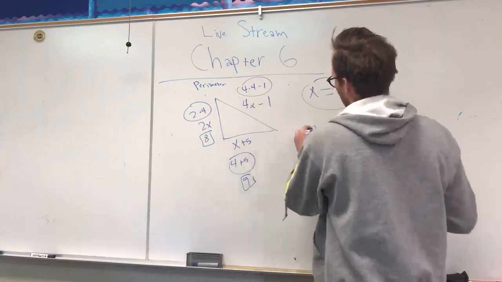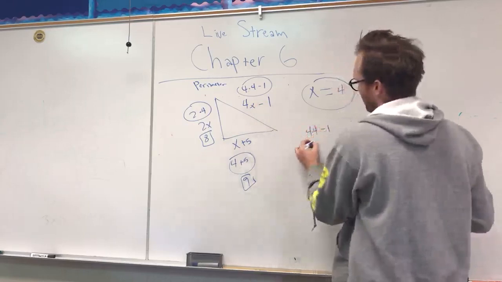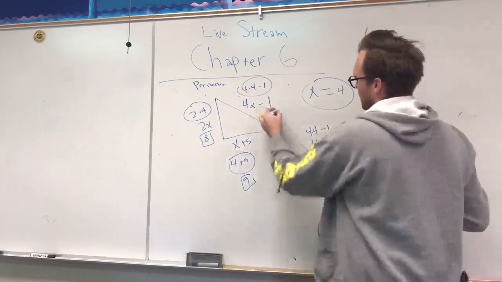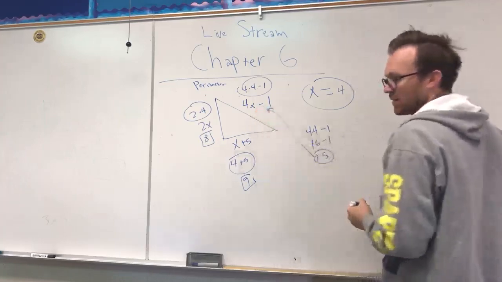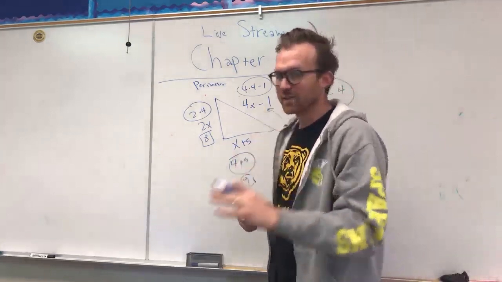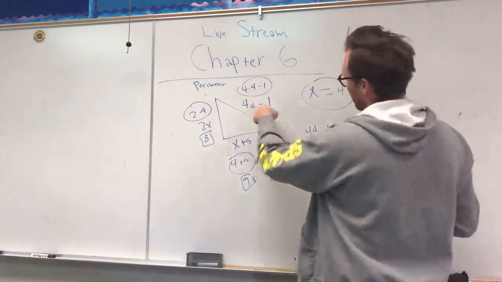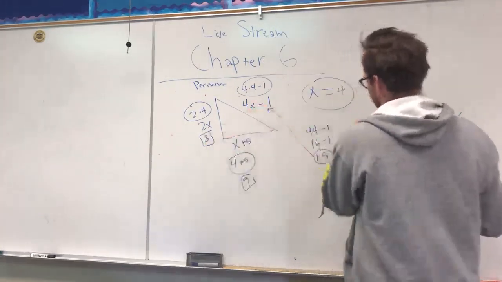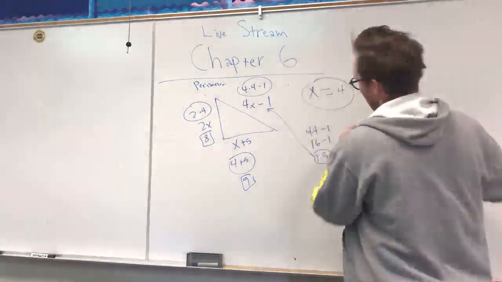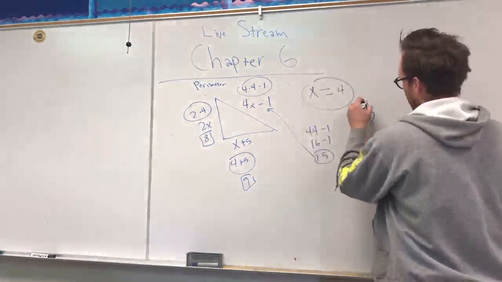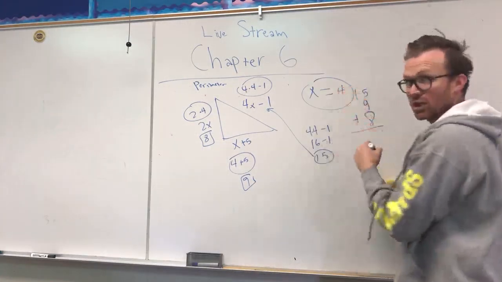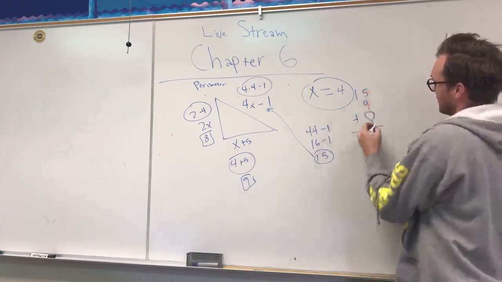You have to do 4 times 4 minus 1, which is 16 minus 1, which is 15. Alright, I'll speak up. It's going to be 4 times 4 minus 1. So it's 8, it's 9, and it's 15, all added up for a perimeter of